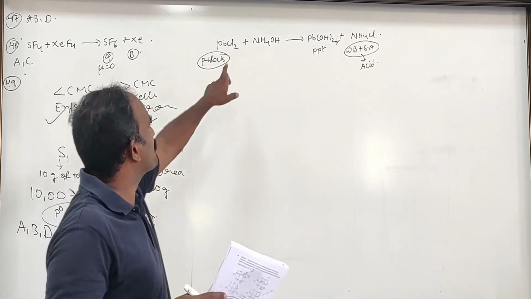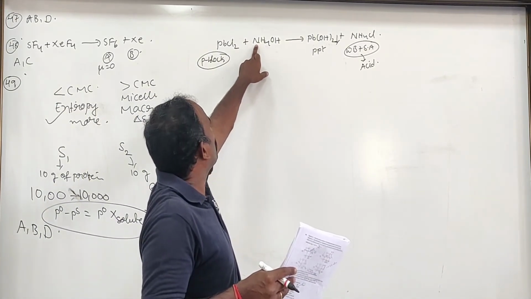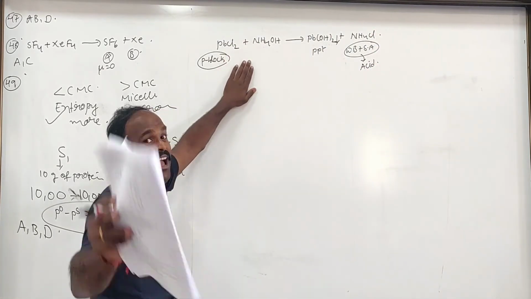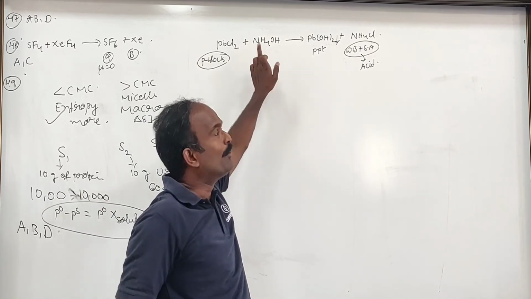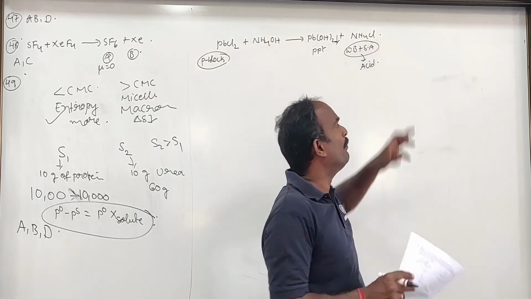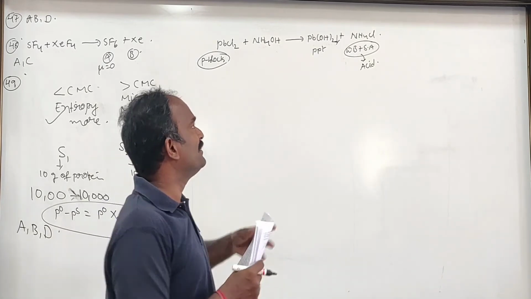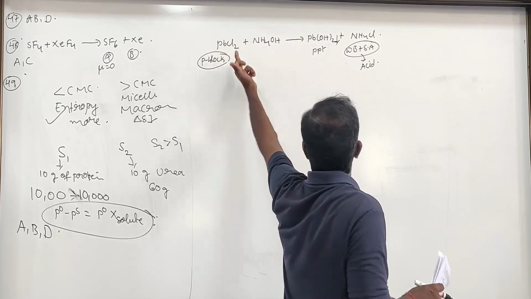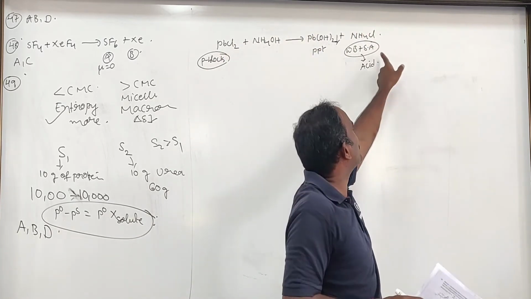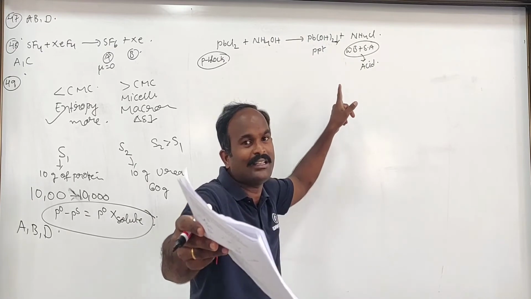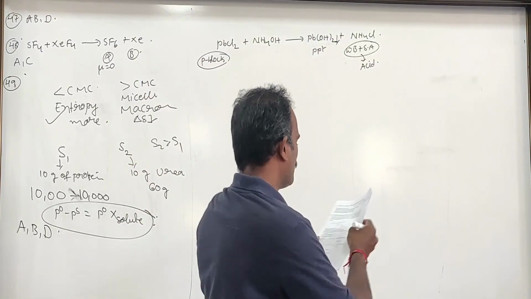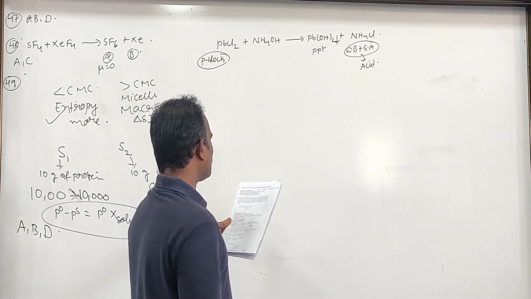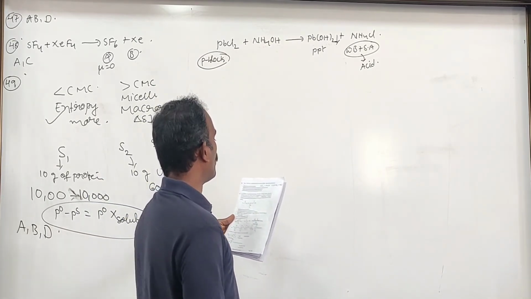At the end point, which means most of the PbCl2 is converted to NH4Cl. Actually, phenolphthalein will be having color in which medium? Basic medium. But if it is converted to an acidic medium, in acidic medium phenolphthalein is colorless. Therefore most of this PbCl2 is converted to the acidic medium. In acidic medium, what is the nature of phenolphthalein color? It is absolutely colorless. Right. Therefore it becomes colorless at the end point. Molar conductance of the solution increases after the end point.